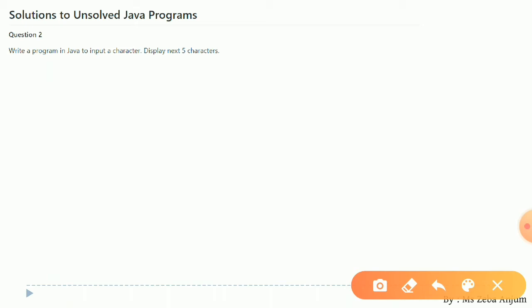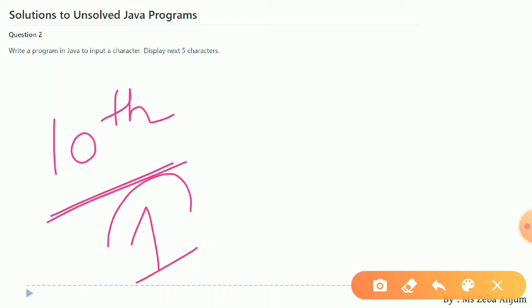Okay, not the next 5th character. See, in the previous one, we were supposed to print out only the 10th character. That is a single character present at the 10th position, we have printed it out. But now here we have to print the next 5 characters.